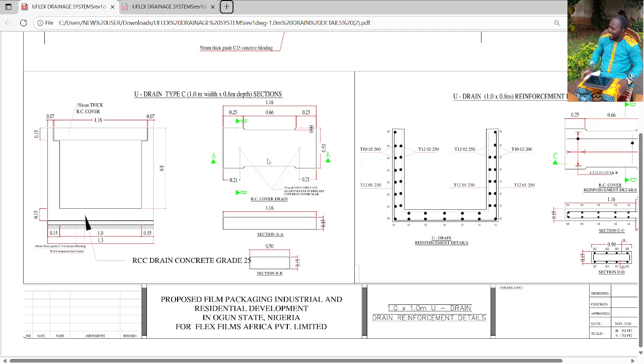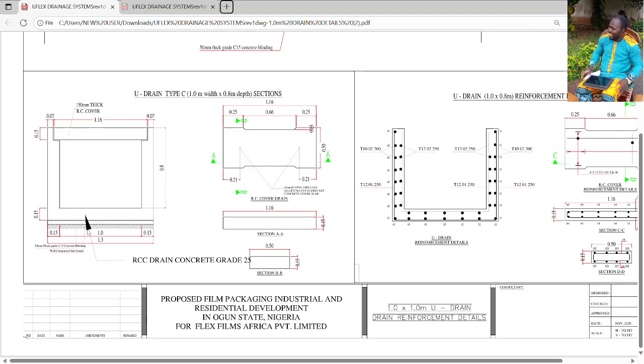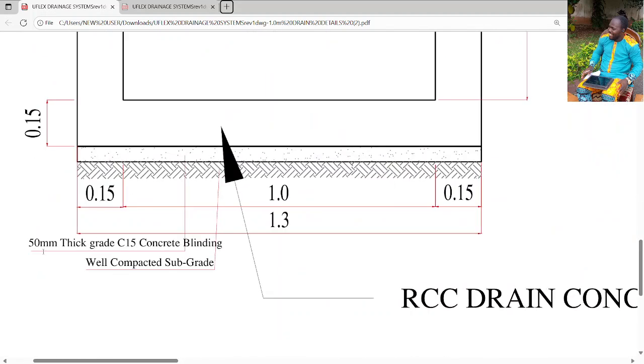Okay, so this is the drain we have. Like we said, of course it has a cover. You can see the drain cover, and you can also see it from the drawing here. 1 meter wide, 0.8 meter depth. That is the drain. What else do we need to know? The blinding is 50 mm. Let me zoom in. The blinding is 50 mm,